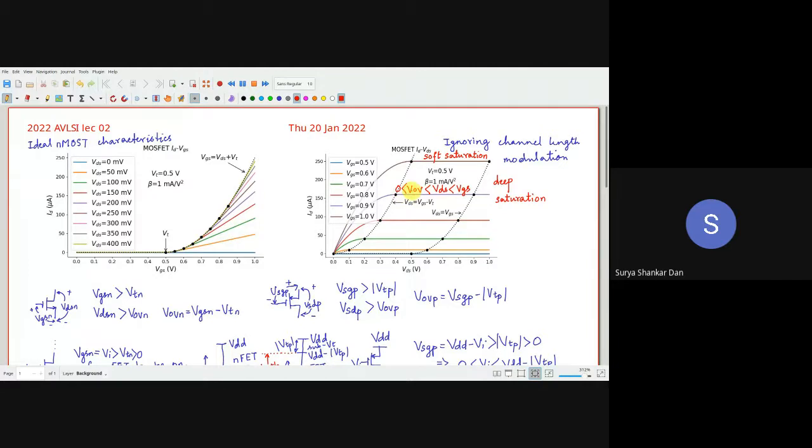If VGS is not greater than VT, what will happen? If you notice here, look at this. I'm highlighting this. VGS equal to 0.5, VT is equal to 0.5 here. So when VGS is equal to 0.5 or even lower, current is appearing as 0. Please do not say current is 0. It is in the subthreshold. I'm emphasizing it every time. Don't say it is cut off. Again, as I said, cut off and all that was an earlier concept. 40 years ago, 20 years ago, people used to say it is cut off or switched off.